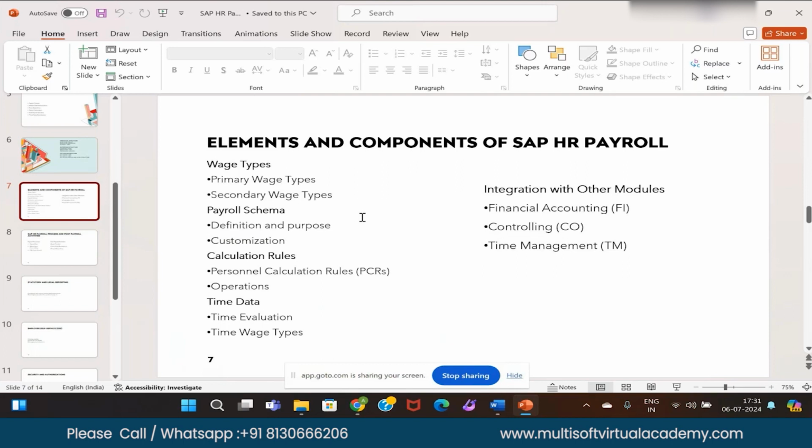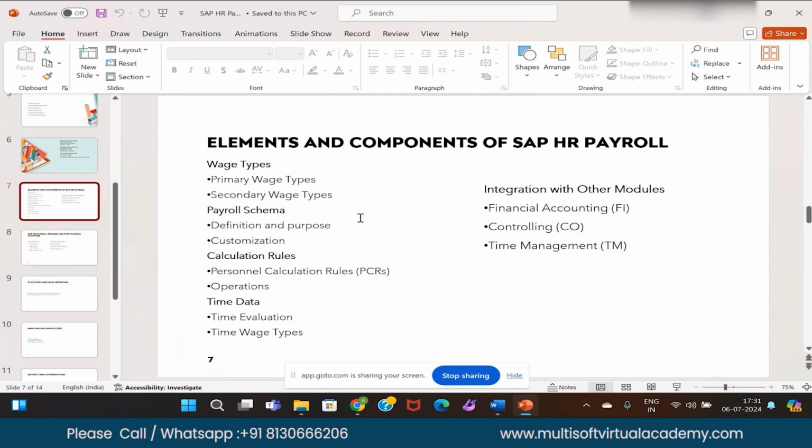The number is given by SAP for coding, and the text we can type as any kind of text. It is free text. That is the so-called primary wage type, associated with that wage type number. For example, 1001 basic pay, 1002 HRA, like that.